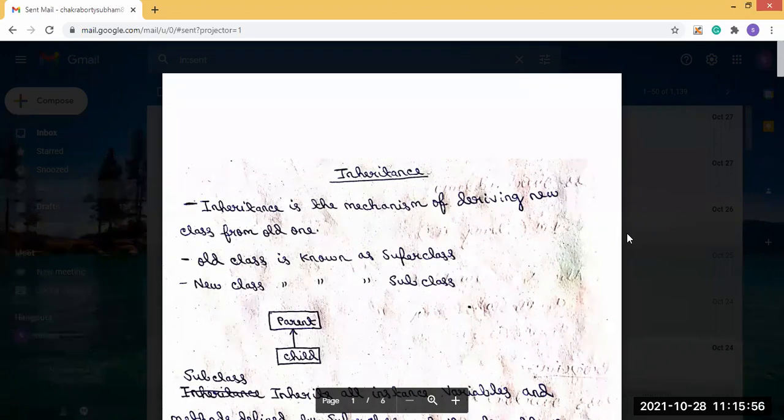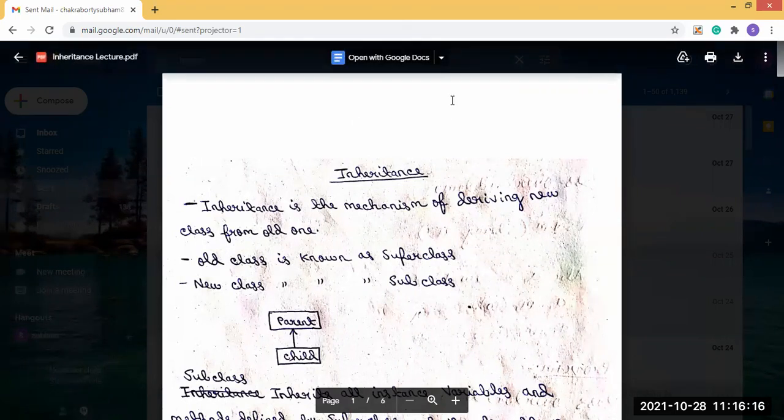Today we will start briefly about inheritance. Inheritance is basically a mechanism where there is a class present, and from a class we can derive another class.